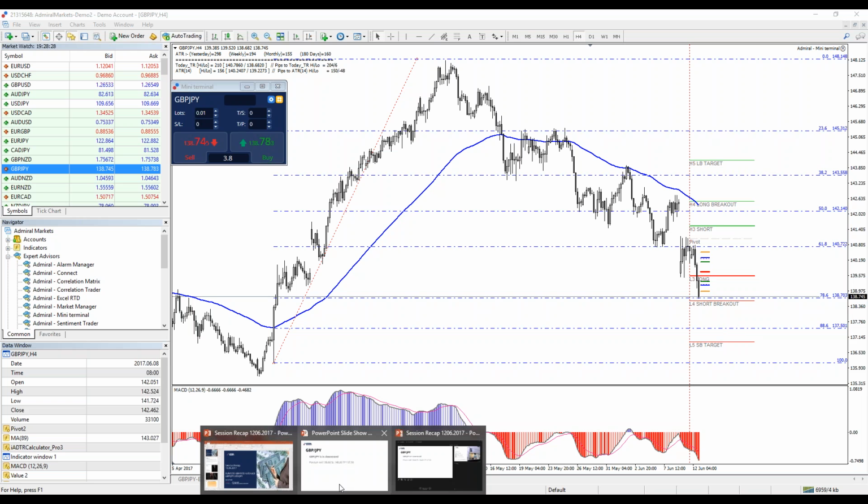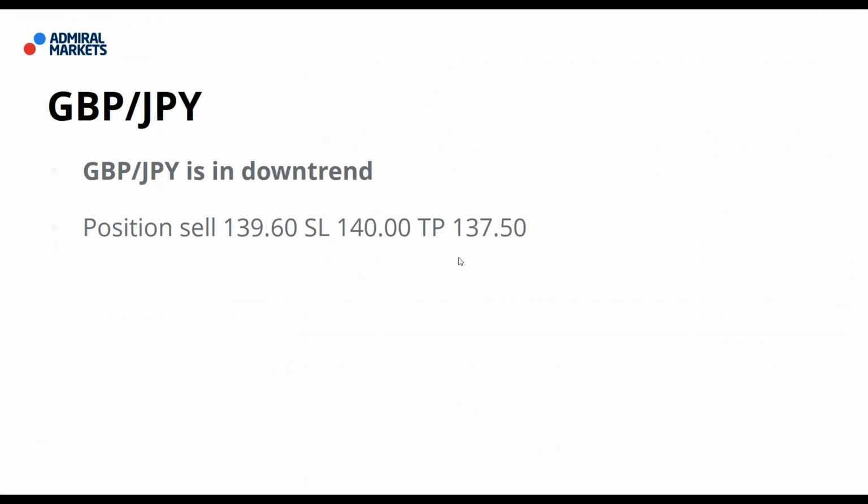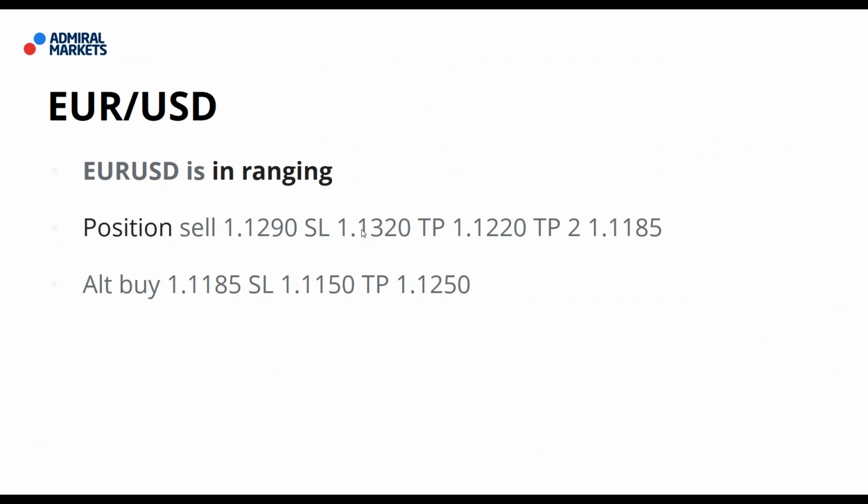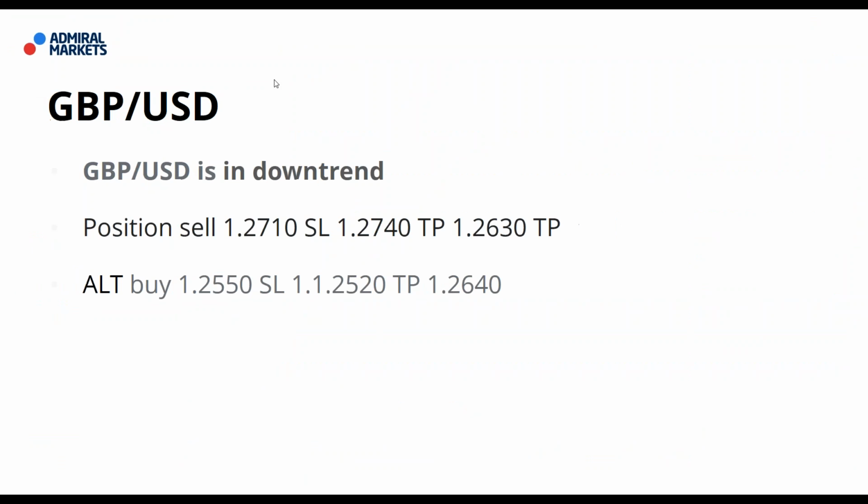Okay, so I will roll the slides now, and you might ask questions if you have any. So euro dollar, you can see it's in a ranging mode. Pound dollar,